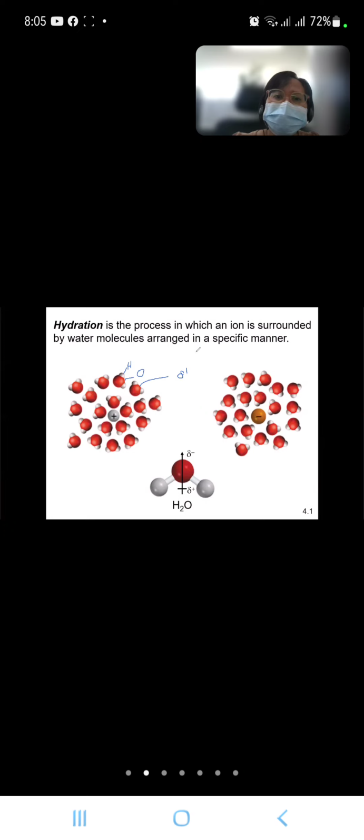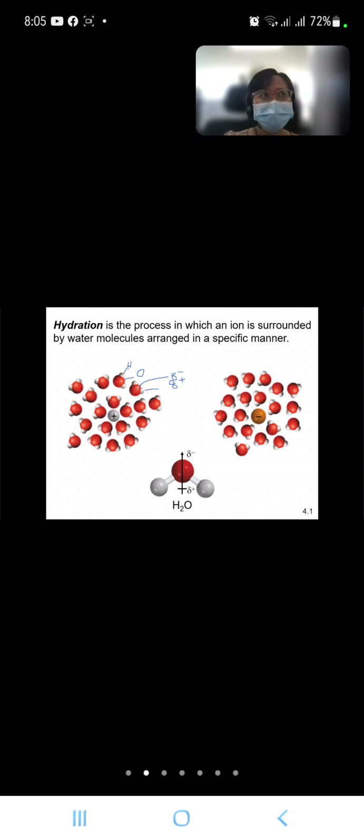Why is oxygen partially negative and hydrogen partially positive? If we go back to periodic properties,